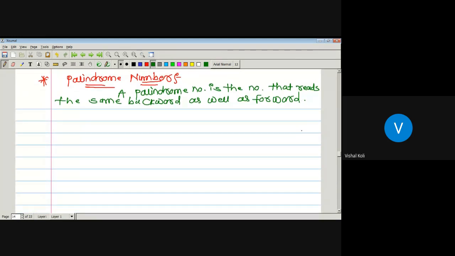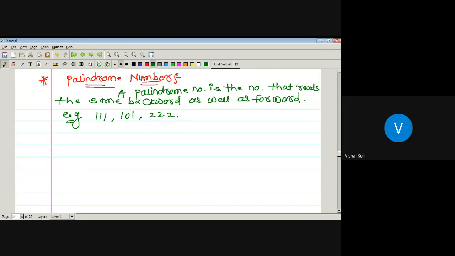Okay, for example, 111. Either we can write this number from the left-hand side or the right-hand side, it is the same. Similarly 101. Can you give an example? 222. 12, 22. Yes, 22. Whether 100 is a palindrome number? No, sir. Yes, okay.